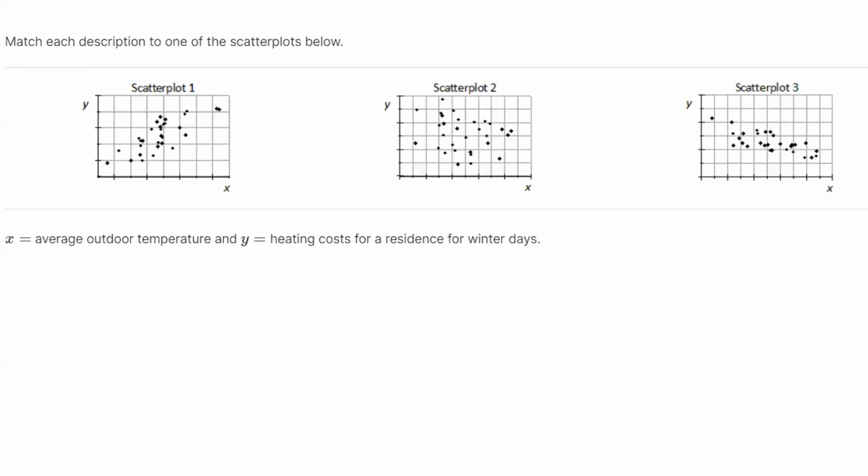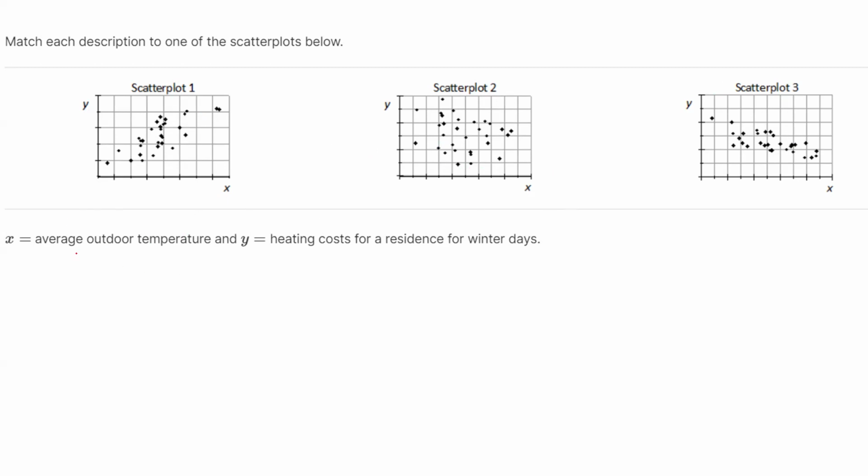A couple of Realizeit questions. Match each description to one of the scatter plots below. So here you have three scatter plots: the first scatter plot, the second scatter plot, and the third scatter plot. You want to use common sense to match the following description for x and y to one of these scatter